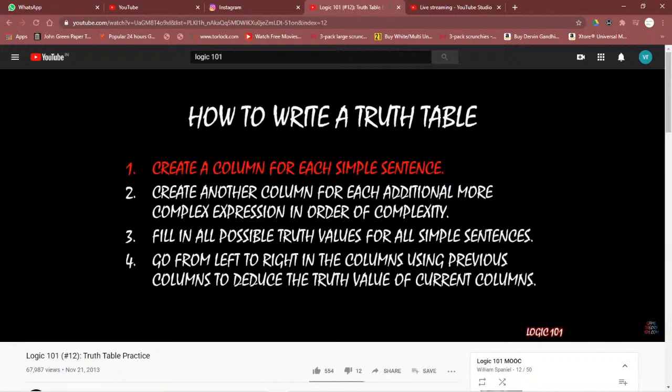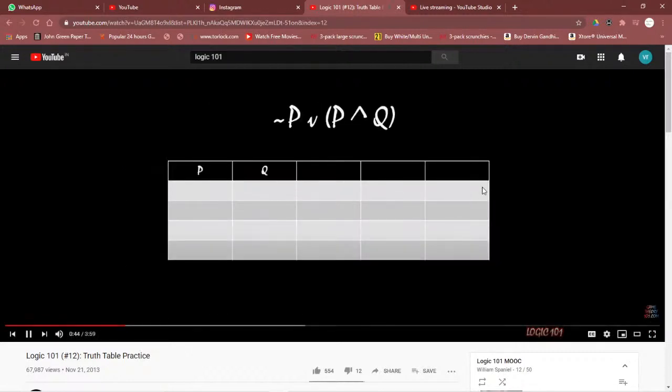We have a compound sentence that looks like that, not P or P and Q. And again, we might be curious when this statement is true and when this statement is false, based off of when P and Q are true or false. And so we need to construct a truth table to figure that out. So again, truth tables just have 4 steps. The first step is to create a column for each simple sentence. So we see that this bigger expression